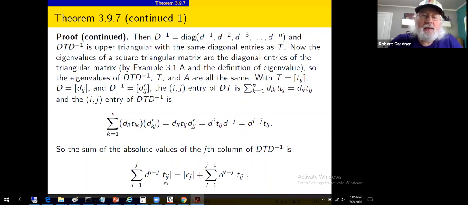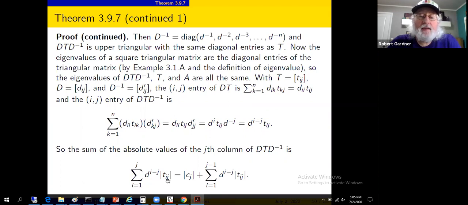I equals 1 to j. The t sub ij's, we're interested in the jth column. We'll take the absolute value of this quantity. Since d was positive, d to the i minus j is positive, so we don't need that in the absolute values, but I do need the t sub ij's in the absolute values. When we hit the diagonal, and i and j are the same, we get d to the 0, that's 1, d's positive. And t sub